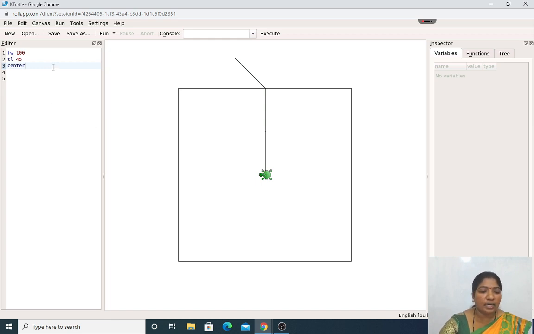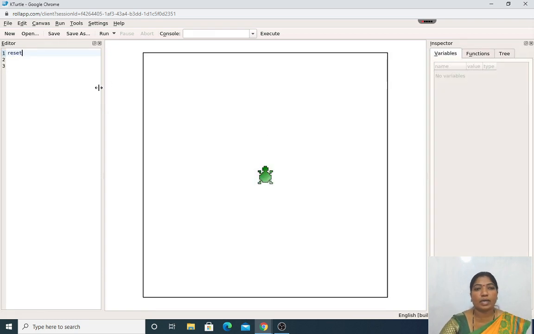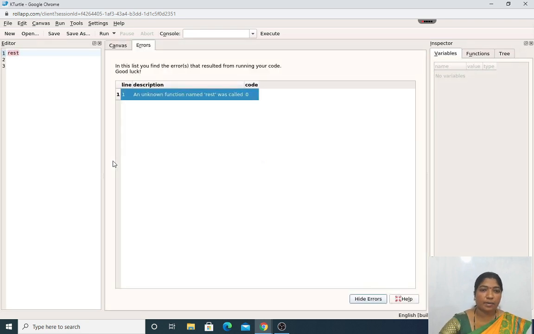As you all know, what is the meaning of the reset command? The reset command comes back to its original position. Okay. This is the default one. Let us see what you mean by the clear command. The clear command is abbreviated like CCL. Let us see certain commands or degrees.